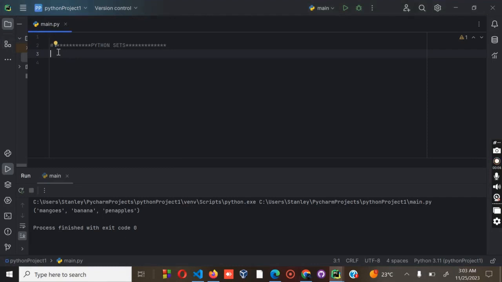So for the set, first we need now to define what is a set, and sets are used to store multiple items in a single variable. For example, let's try to dive into my set today,